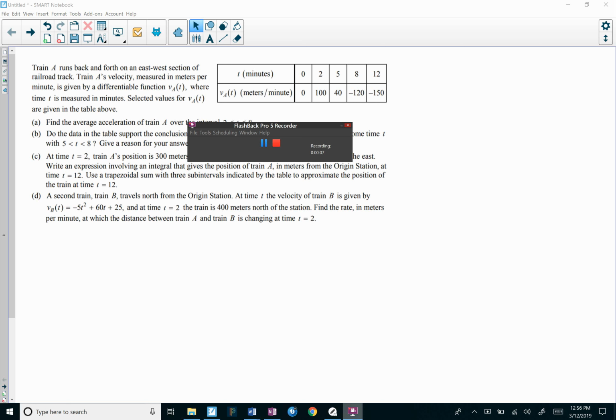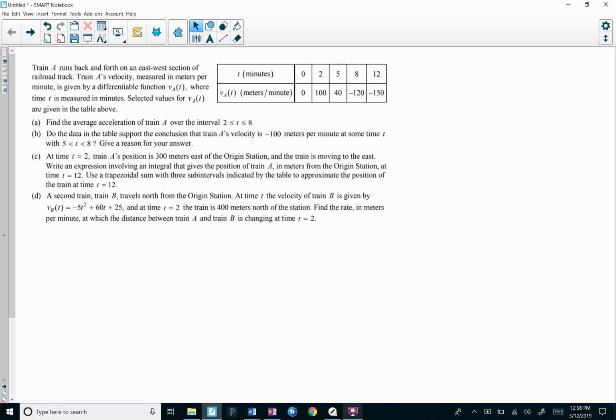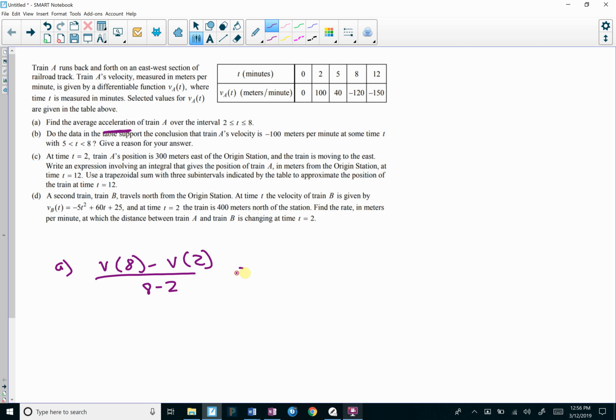Okay, at this point I assume you've worked the problem. So let's go over it. Find the average acceleration. Remember, average acceleration does not actually use acceleration. It uses velocity. So you want v of 8 minus v of 2 all over 8 minus 2. So using your table, negative 120 minus 100 over 8 minus 2, you end up getting negative 110 over 3